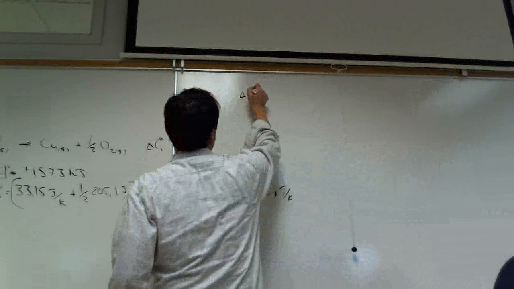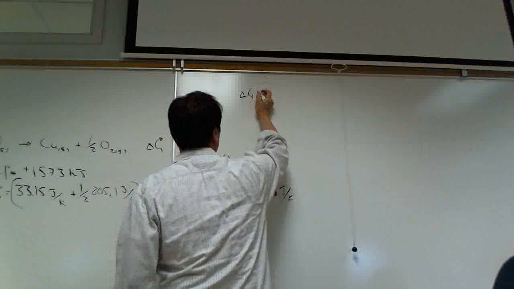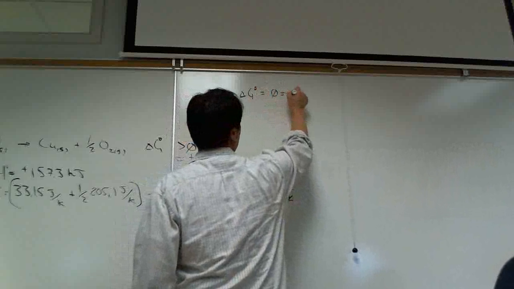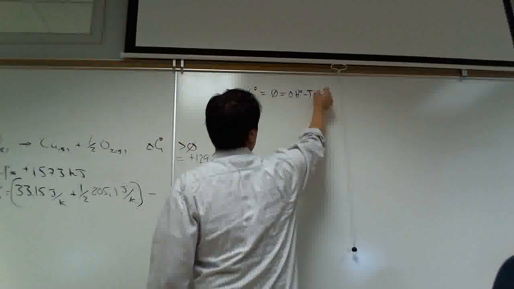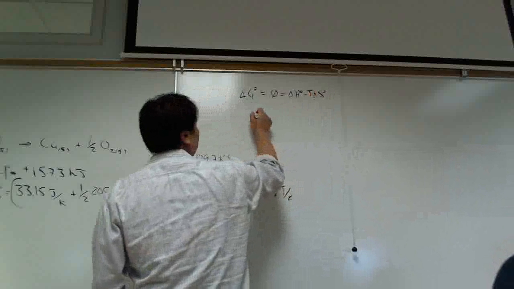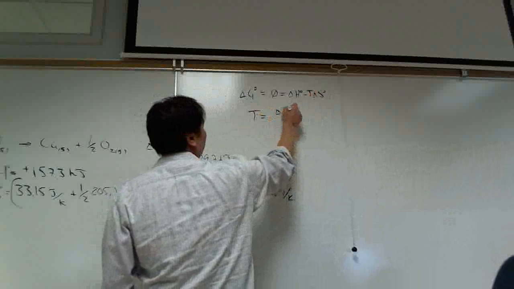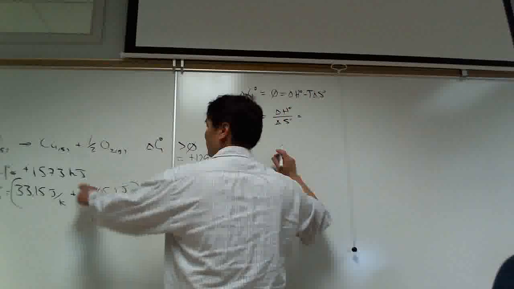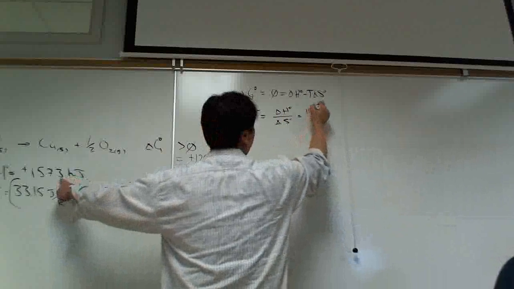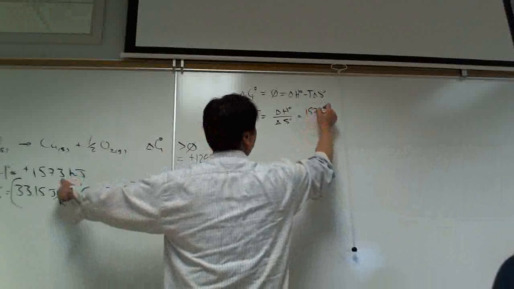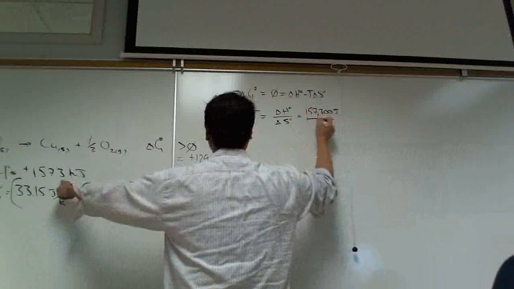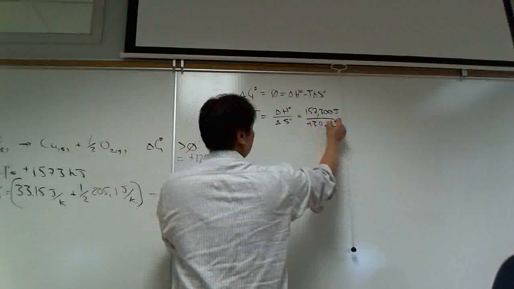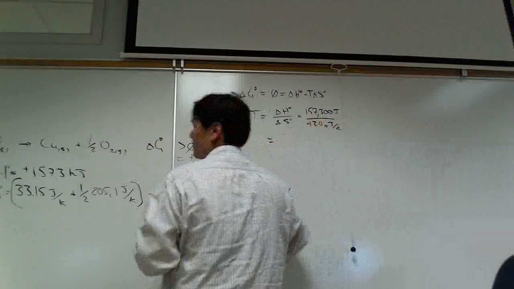Well, we want delta G naught, under standard conditions, equals 0, is equal to delta H naught minus T delta S naught. And so solving for temperature is just delta H naught over delta S naught, which is going to be 157,300 joules divided by 93.07 joules per Kelvin, which gives us a temperature of